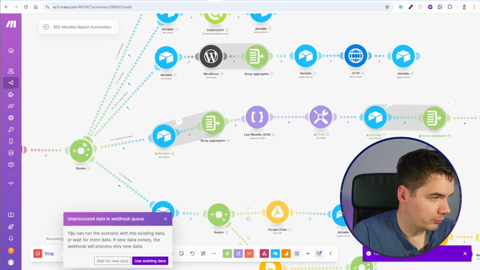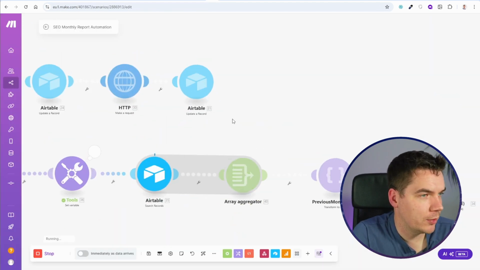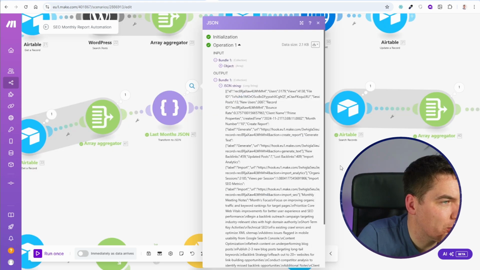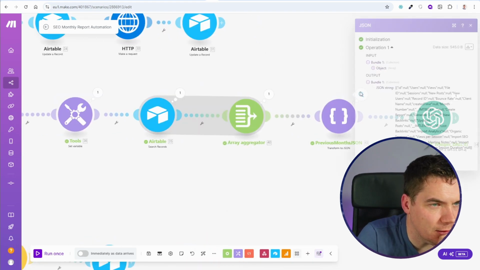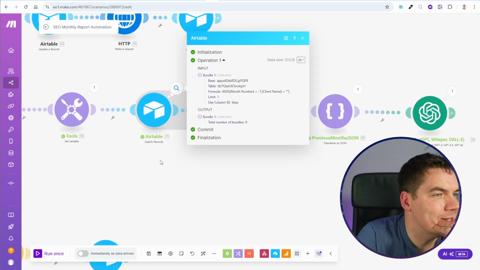So we'll save, run once, wait for new data, then generate text. We're going to click that one. And off it goes, and it's loading. So that did load correctly. For whatever reason, this didn't load correctly. I'm getting loads of nulls. Why is that? Total number of bundles is 0. Of course,